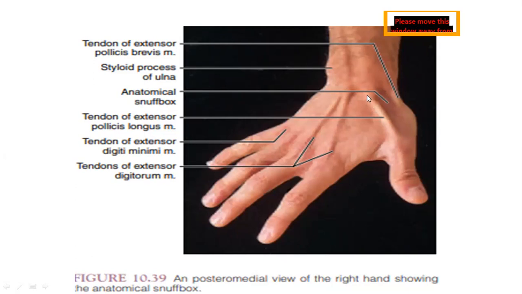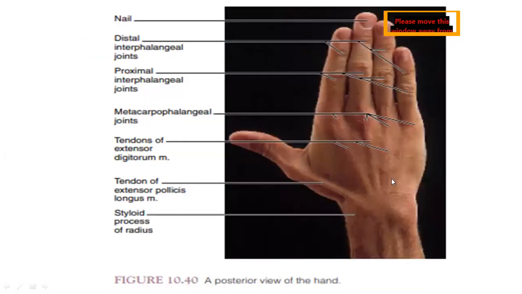So you are finding the tendon of extensor pollicis longus anteriorly, and posteriorly the tendon of the extensor pollicis brevis. These are all the tendons of extensor digitorum. And towards the little finger, we have extensor digiti minimi. So towards little finger, we have ulna bone. Obviously, this bony projection would be styloid process of ulna. One more picture has been shown. So this area again you can make out as anatomical snuff box.